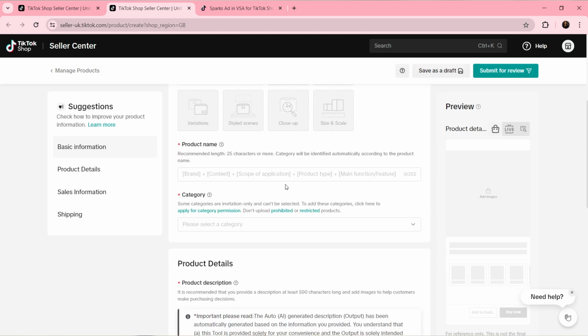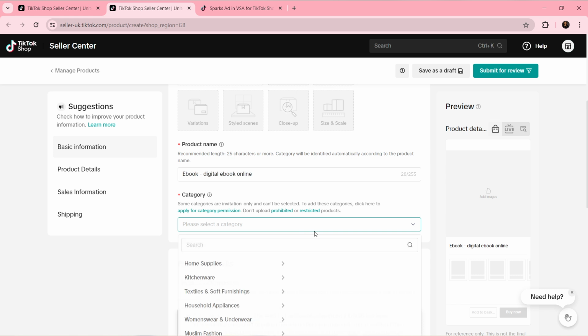Now the next thing you need to do is to enter your product name. So in this product name, because I want my product to be displayed in the category, I'm going to say ebook, and because it has to be 25 characters or more, I'm going to say digital ebook online. So head over to category, and in this category you're gonna have to select the category of